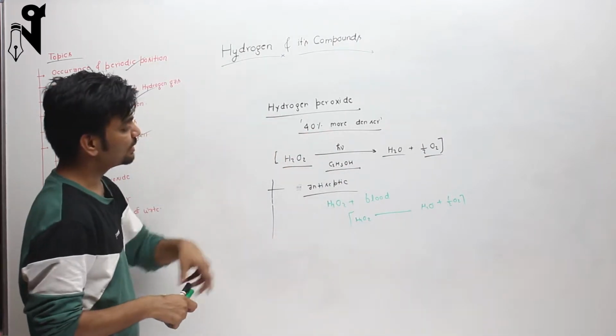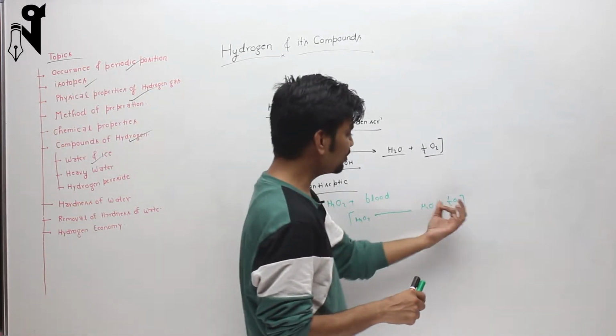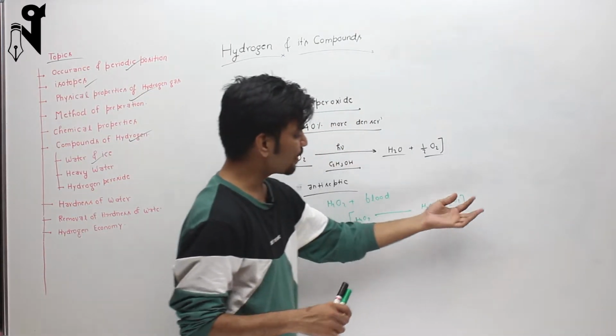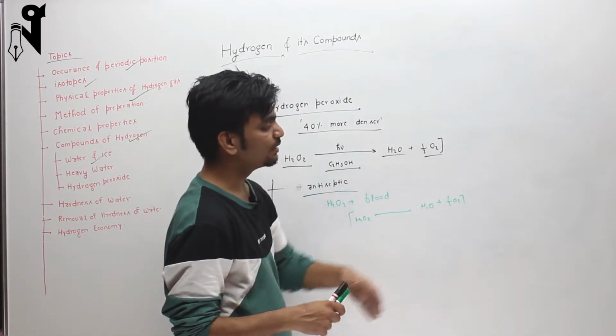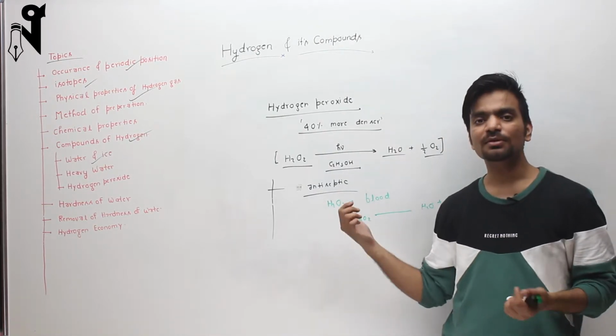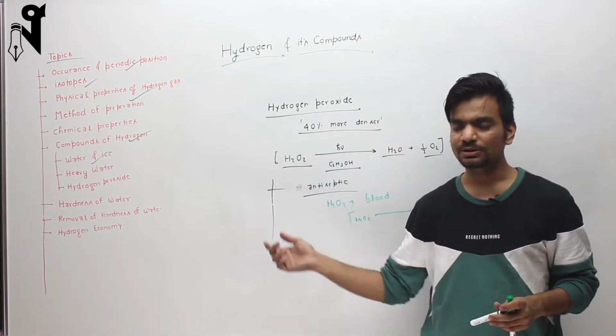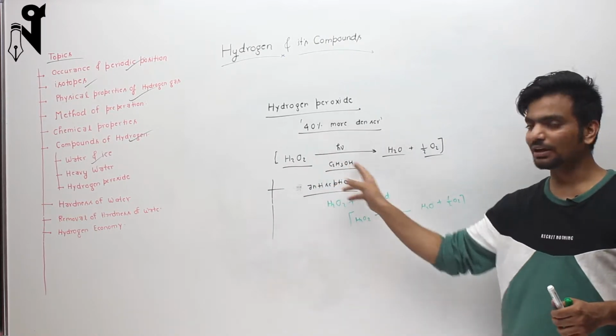So H2O2 does not kill the germs, but it gives out that foam, and in the form of that foam this O2 gas is released. This O2 gas brings out all the dirt or dust particles inside the wound. So it can be used for cleaning of the wound,